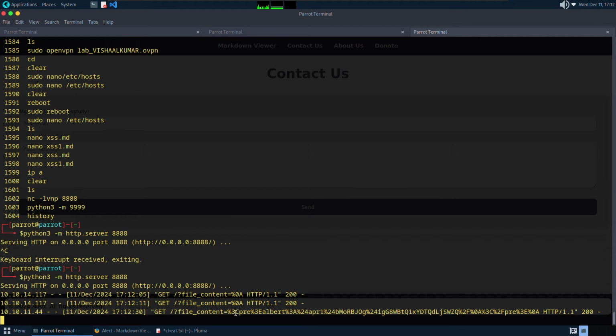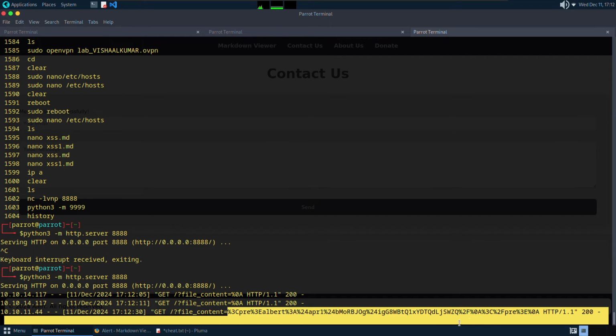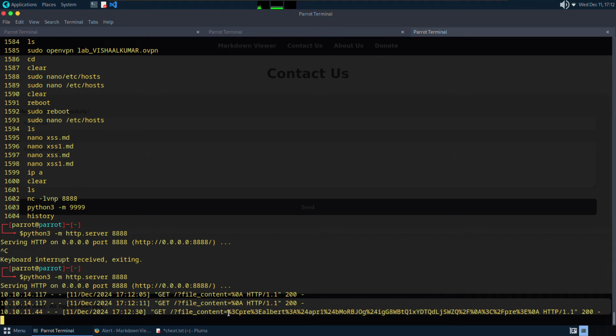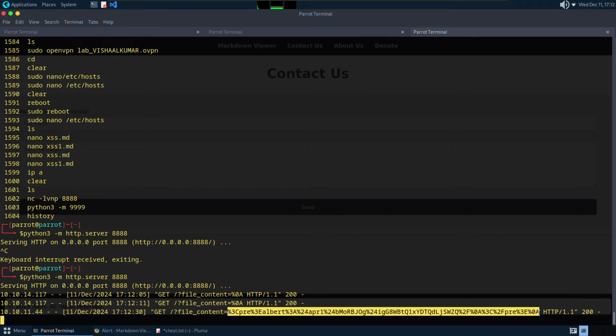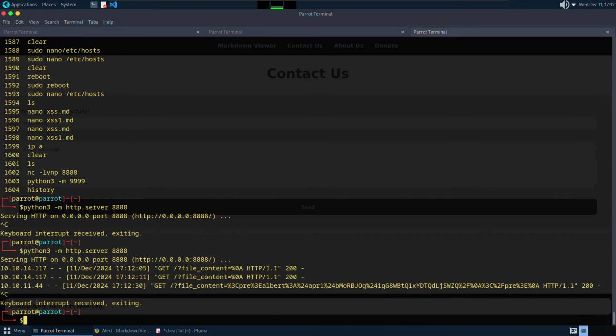Yeah, now I got something. I didn't get anything in the Netcat server, but I got something in the Python server. This is the only value, which I have no idea about. So what I'm going to do is decode this value. I'll copy this value, Control C,